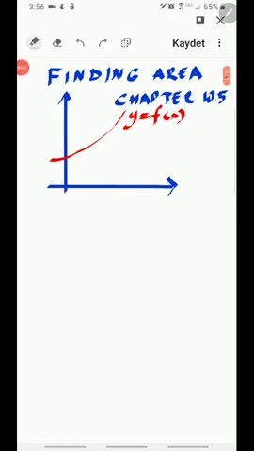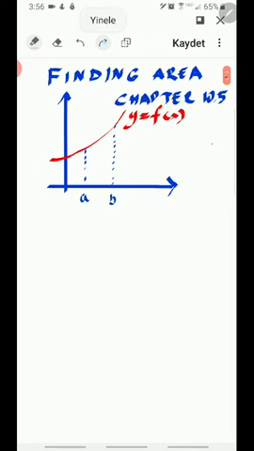Hi everybody, today we are going to start a new topic 10.5, which is finding the area using definite integral. Let's have a look. First we have a function y is f of x given as a graph in the red one. Next we are going to get a line which is x equals a. The next we are going to get line x equals b,